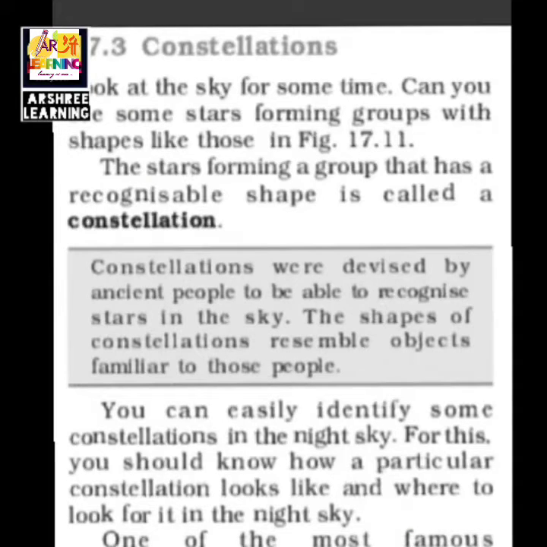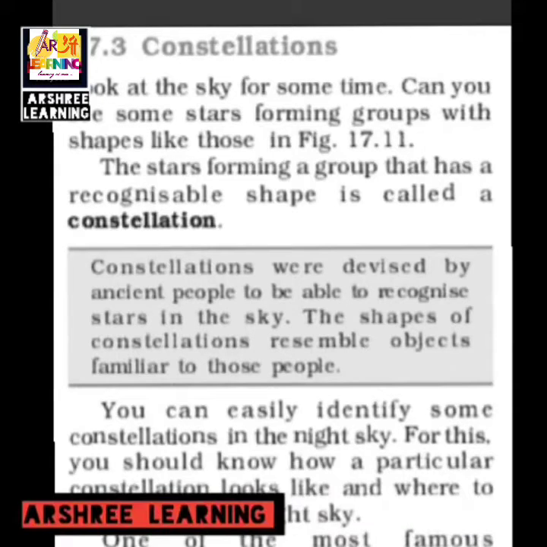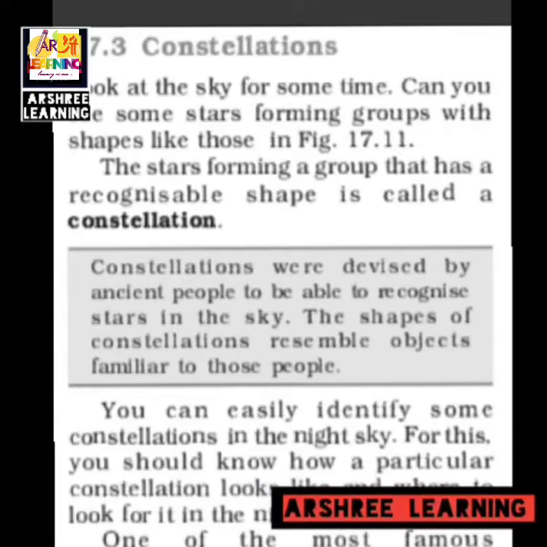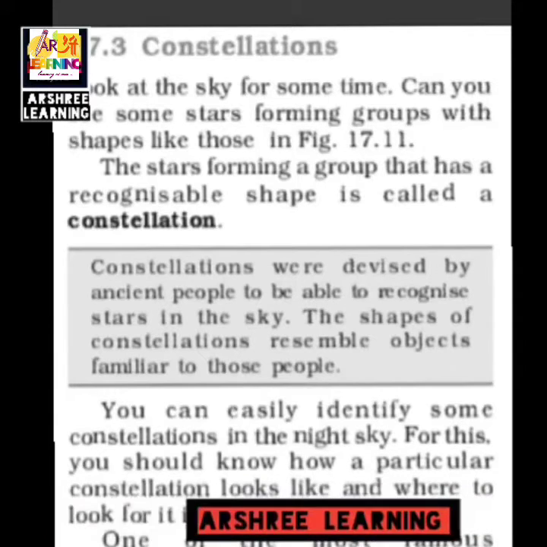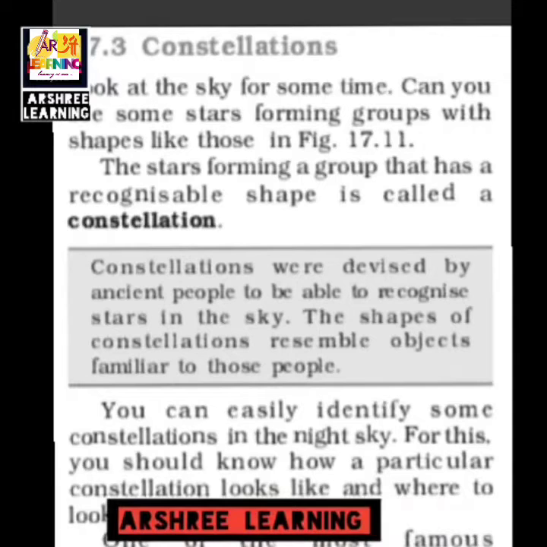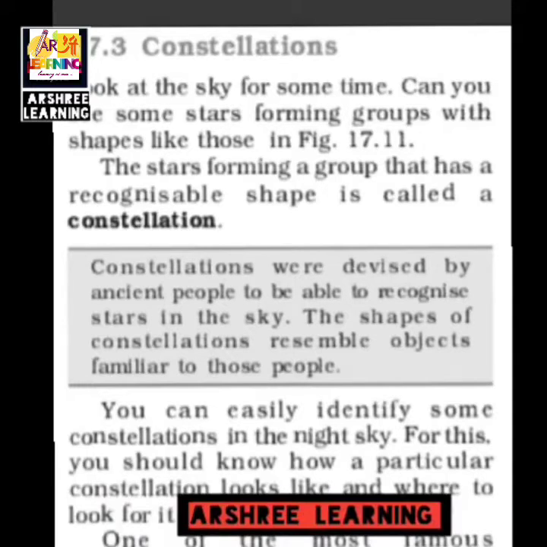If we look at the night sky for some time, we will see that some stars form particular groups, and these groups resemble some shape. This group of stars which forms a particular shape is called a constellation. Constellations were